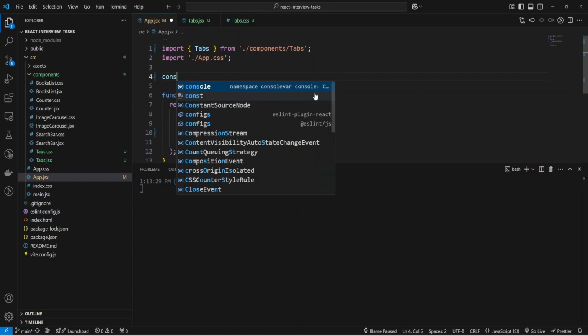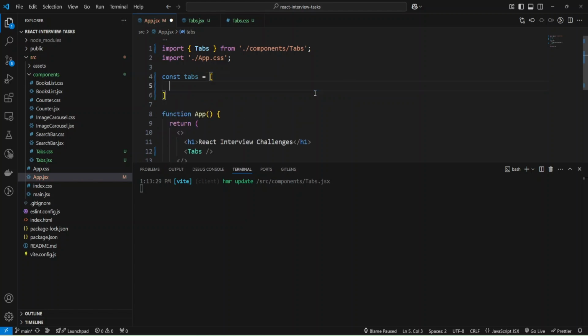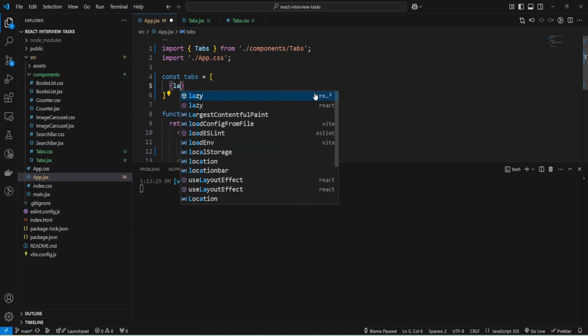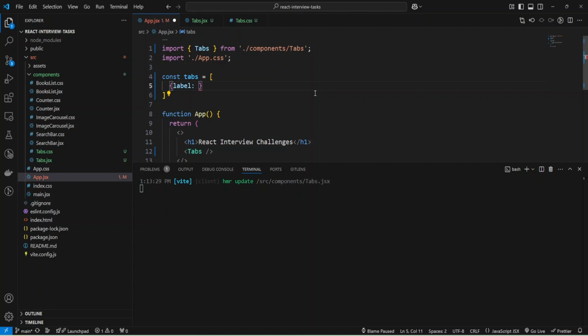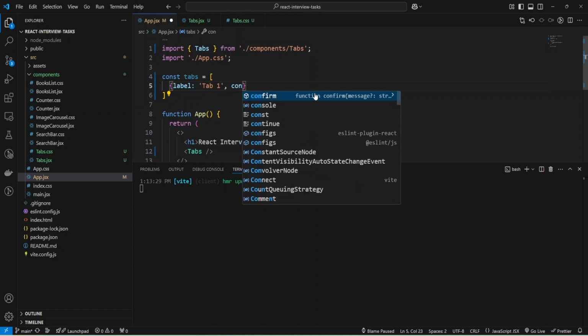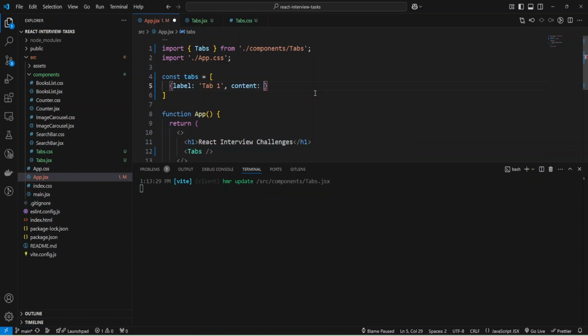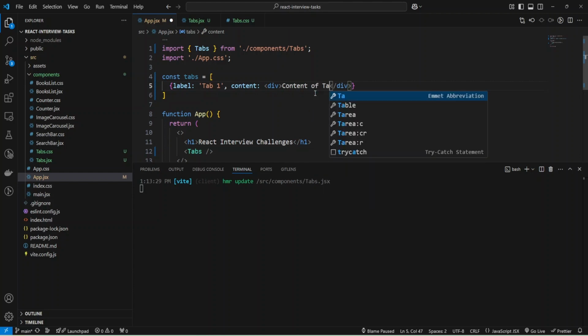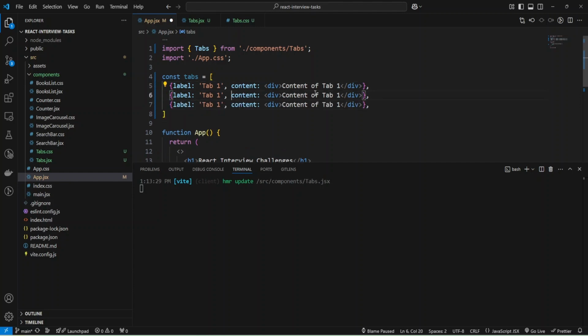And let me provide const tabs and create the array, and each object will have a label, and I'll provide tab1, and also let's add some content, and I can use a div tag and close the tag and provide text content of tab1, and I'm going to copy paste this object and just change to tab2, and for an interview question that would be enough.